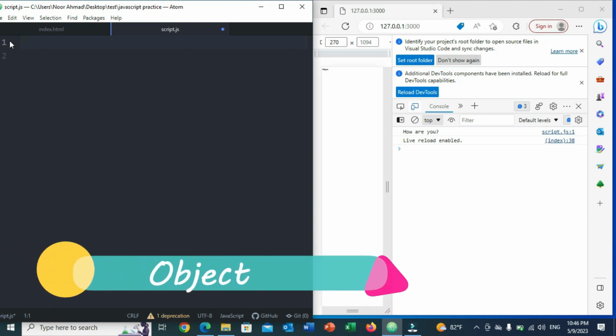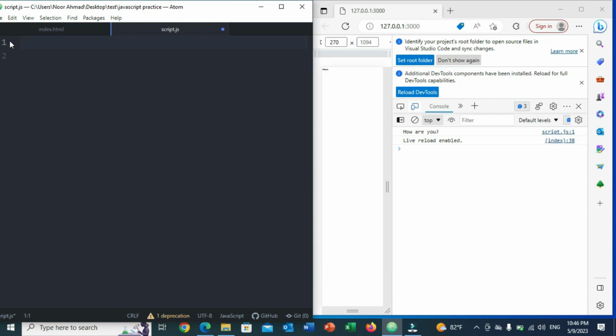The object is used for storing multiple data, and it will help us not to reuse our code. So for example, let's suppose I'm going to store my courses inside my website. For this I'm going to create a variable with the name of lecture. How many lectures do I have? I have 10 lectures, and let's say const, and how many sections do I have? Let's suppose section will be 3, and